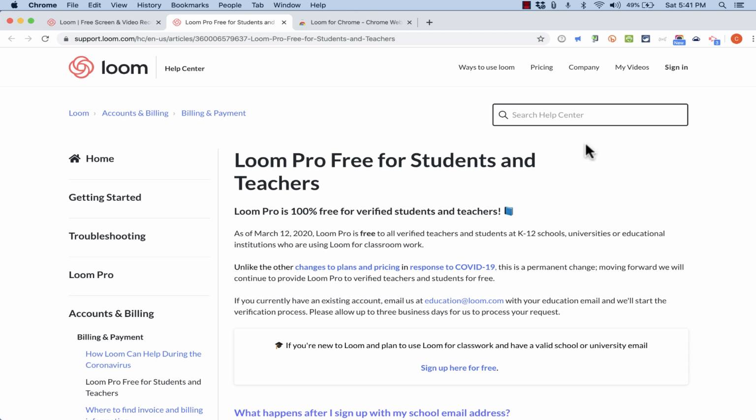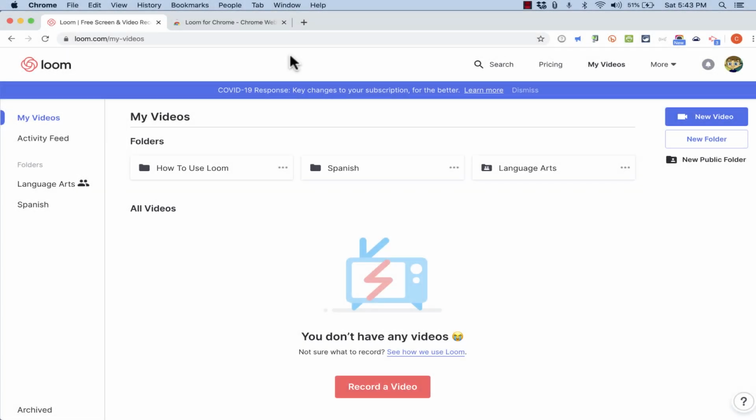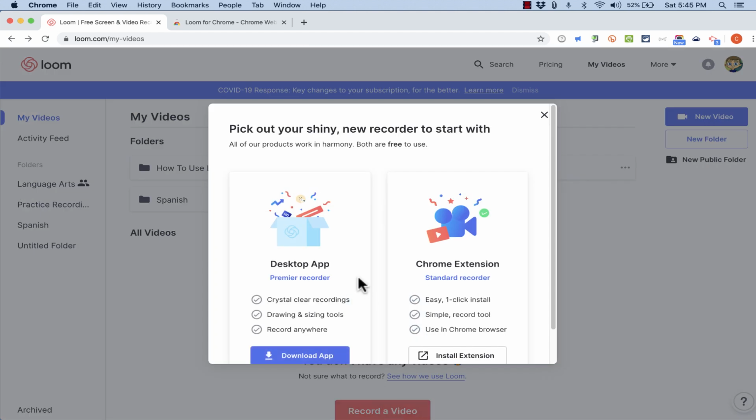Give me a minute to sign into my account, and then I'll show you how to get started using this great tool. Now that I'm signed into my free account, I can easily create a new folder here by clicking, and then I can rename that folder and tap Enter or Return on the keyboard. In addition to setting up folders to store my videos in, the other main thing that we can do from this screen is to record a new video. You can see the button here. You can also see a button here at the bottom. So I'll click Record Video.